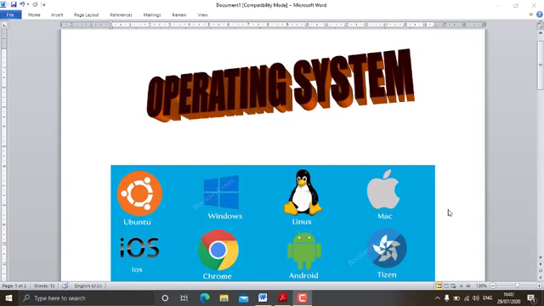An operating system acts as an interface between the computer hardware and the user. An operating system basically is a software which performs all the basic tasks like file management, memory management, process management, handling input and output, and controlling peripheral devices such as disk drives, printers, scanners, and all the other hardware which you add to the computer.